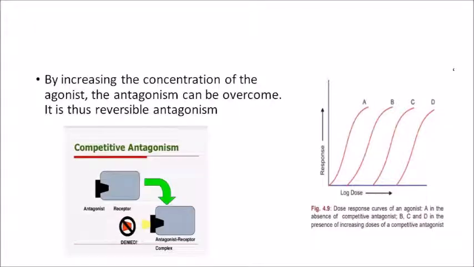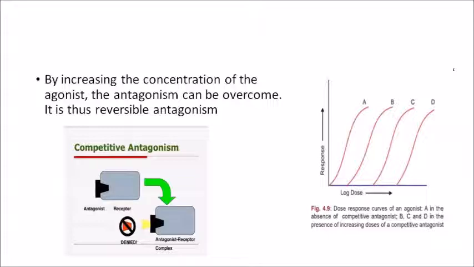See, the black colored antagonist and the red colored agonist are competing. Here, if we increase the concentration of the agonist, that means there is maybe one or two black colored antagonist. If you are putting so many red colored agonist into the medium, then the chance of the agonist binding to the receptor increases and the antagonism can be overcome. Therefore, this type of antagonism is known as reversible antagonism.